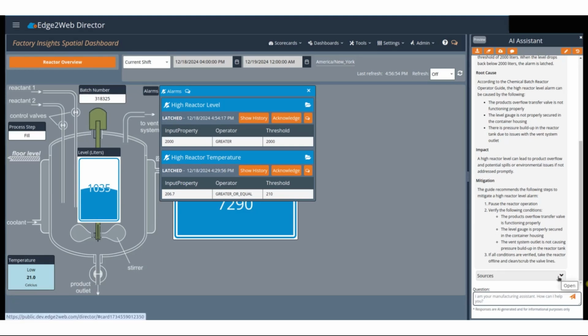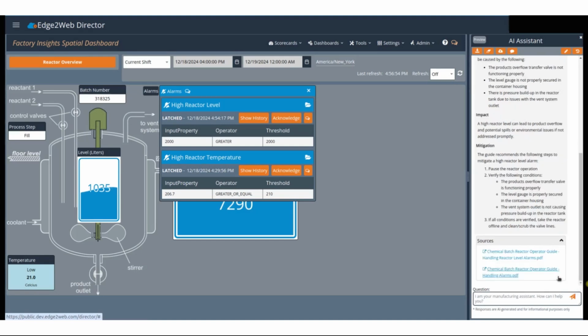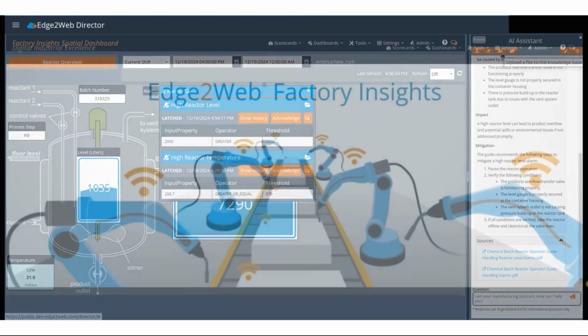In addition, the assistant has provided me with links to sources from the knowledge base. These links can be opened to view a full document used by the assistant to answer the question. Note that if I am authorized, I can also add additional documents to the knowledge base if the information provided was not adequate. In summary, the Factory Insights AI